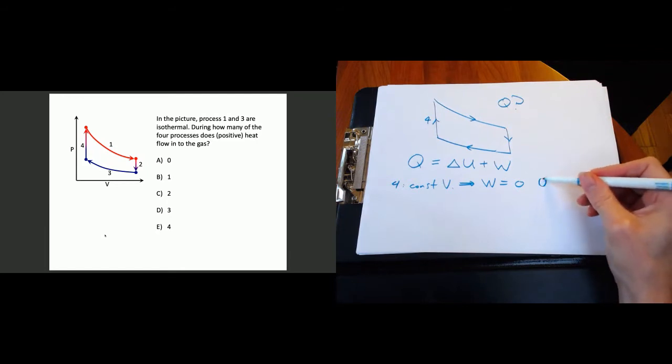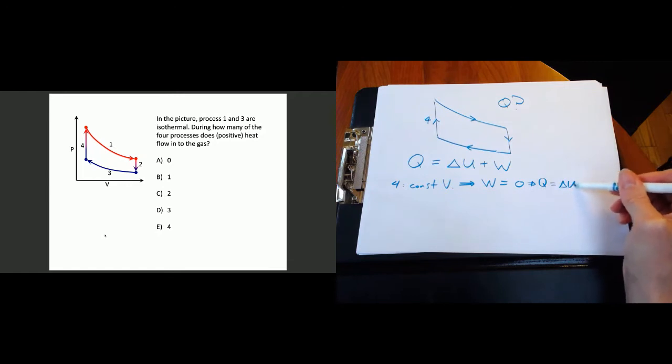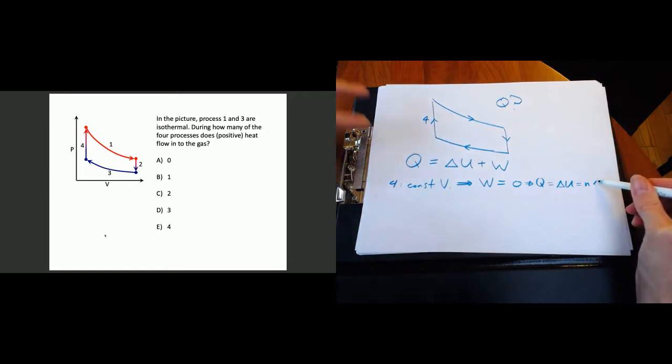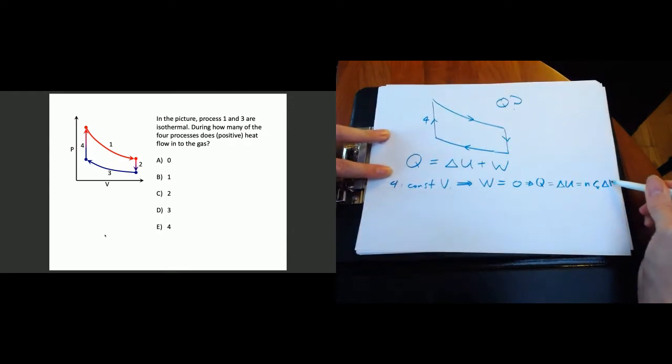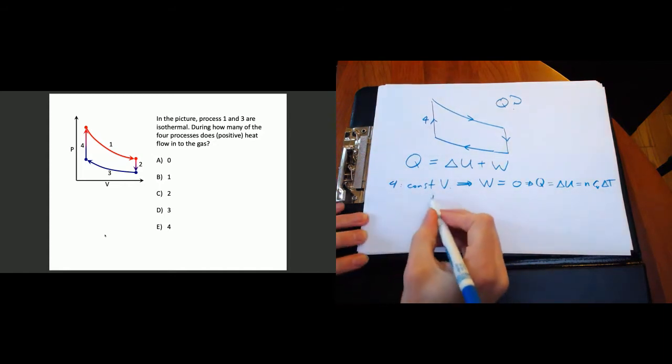So therefore, Q is equal to delta U. Delta U is always equal to nCv delta T. And then we just have to ask, in process 4, is temperature increasing or is it decreasing? And this is a situation where we see pressure is increasing. So it's a constant volume process where pressure is increasing. And so we know that